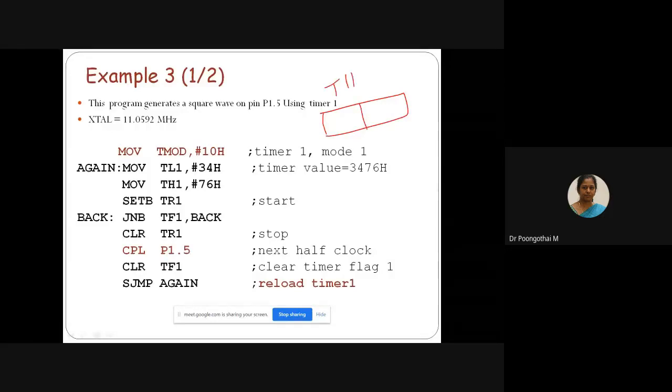TH1, TL1. Okay. So 3476 will be your initial value, and after that the timer gets started. This instruction is used to monitor your overflow flag. Once the overflow flag is set to 1, stop the timer, and this instruction is used to toggle your port P1.5,